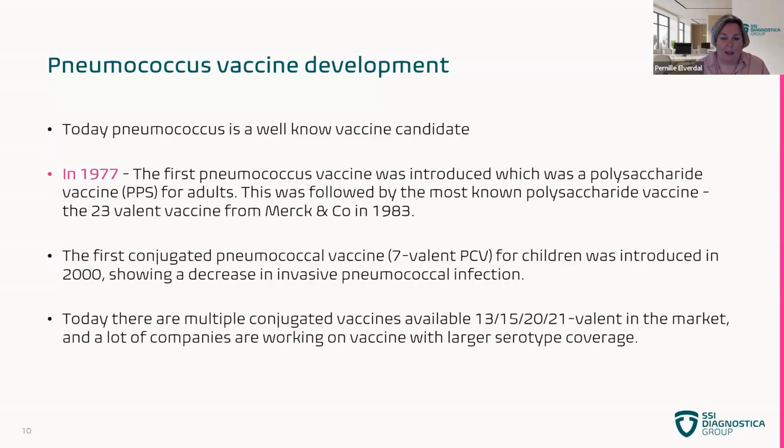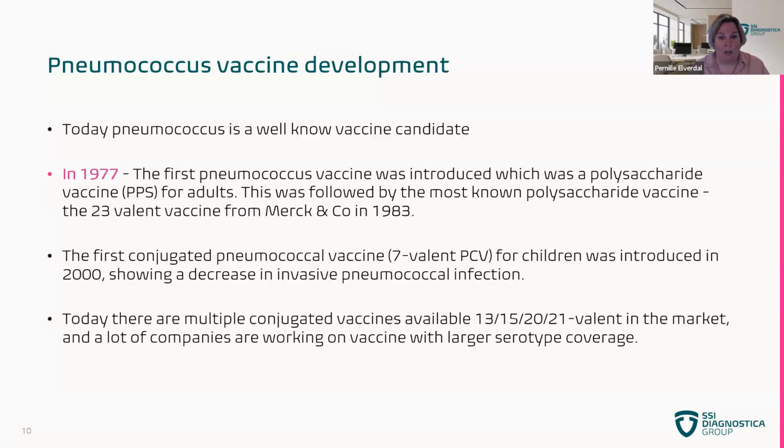And today we actually have multiple conjugated vaccines available: the 13-valent from Pfizer, the 15-valent from Merck, the 20-valent from Pfizer, and the 21-valent from Merck. There are multiple vaccines on the market, also from other companies around the world in India and China. So there's a lot of work being done in this area within pneumococcus, and we're working on getting a better